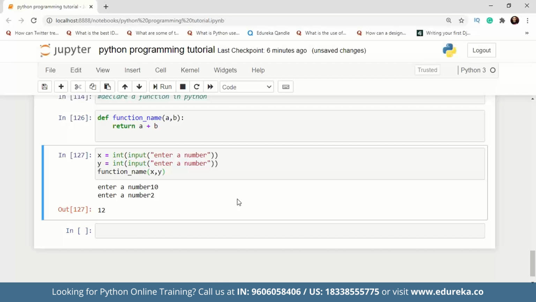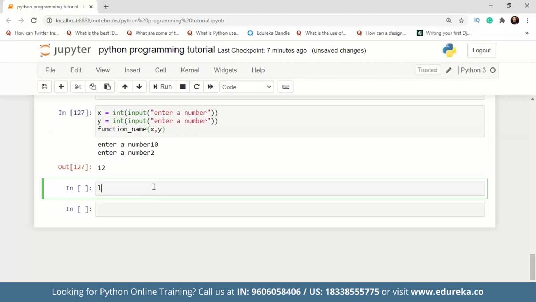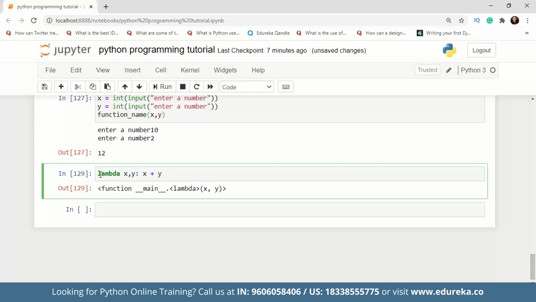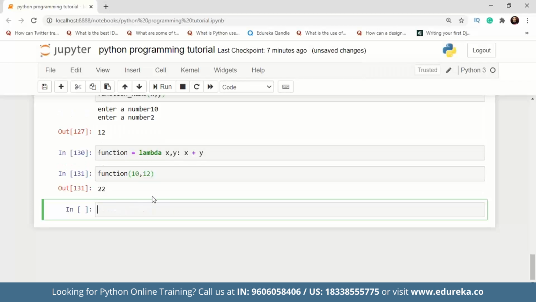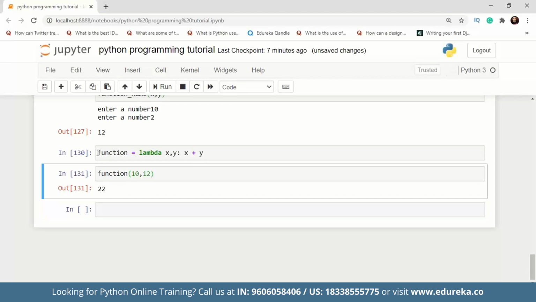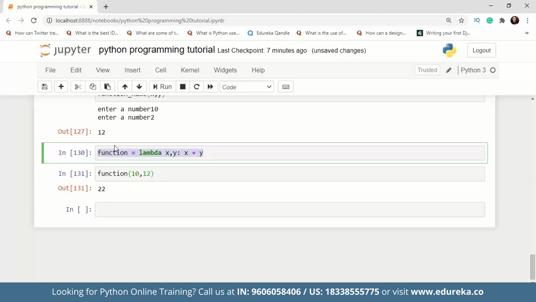And there is one more function concept that I want to discuss, which is the lambda function, guys. We will take the keyword lambda and pass the arguments, and after that we will have the expression. All right, so let's call it as function. Now to call the function, I provide the values again, 10 and 12, and it gives me the sum, which is 22. This is the example of using a lambda function, guys, where you can simply define the expression and the parameters then and there inside the definition as well.